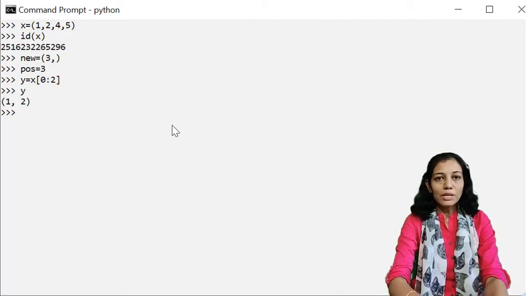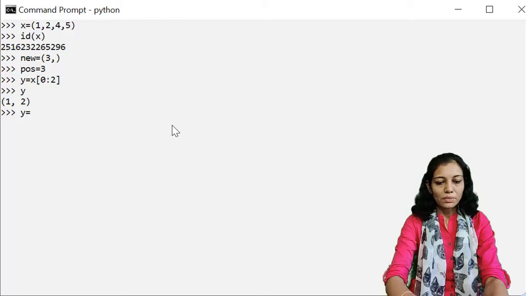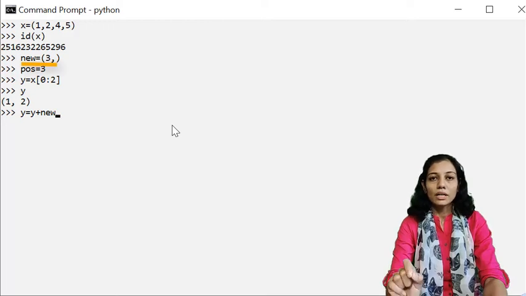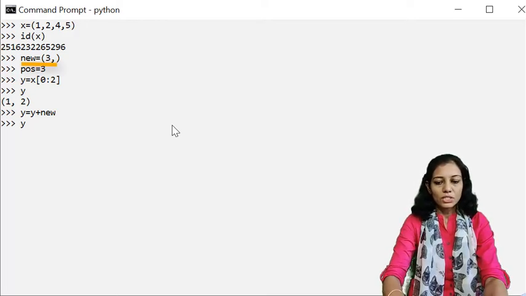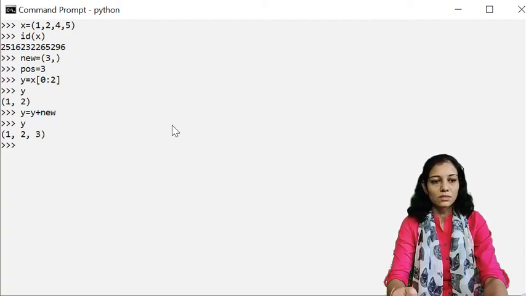Now I'll be concatenating these elements 1 and 2, that is the y tuple, plus the new element tuple, that is the tuple which is having our element 3. Now I'll check what the value of y is. It is having 1, 2 and 3. Now I want these elements to be joined with the rest of the elements of our original tuple x, right?